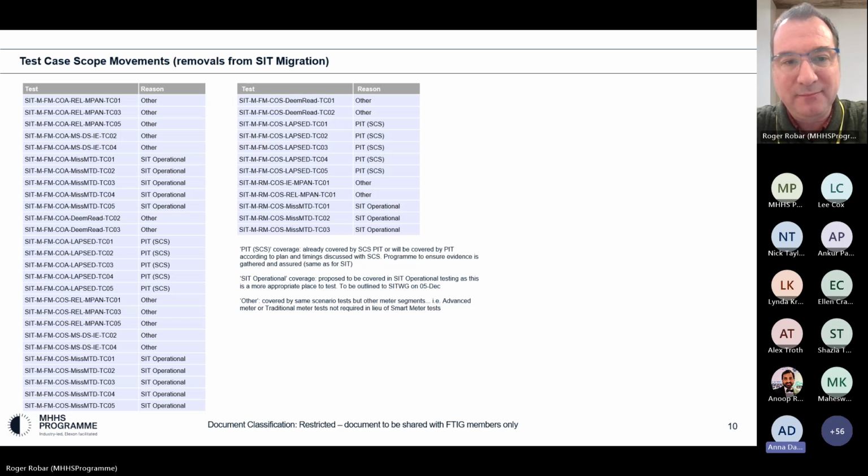We cannot account for anything else that would be done by any other parties. And in review with code bodies, they accepted that as good for qualification. So again, we need to take this through the governance process, but code bodies have reviewed this list and have agreed with our approach. So thank you, Anna. I hadn't caught up with you recently to talk about these particular tests, so thanks for the update.